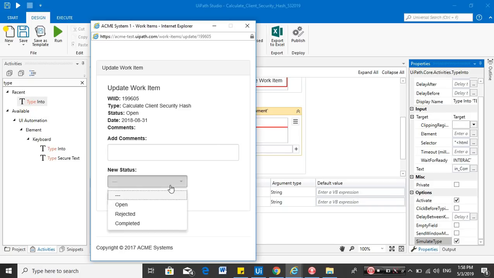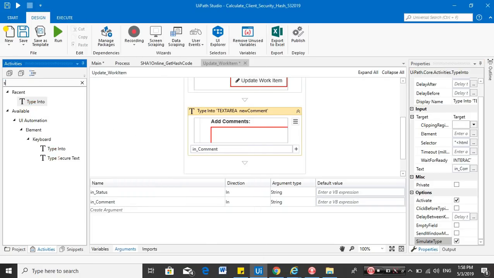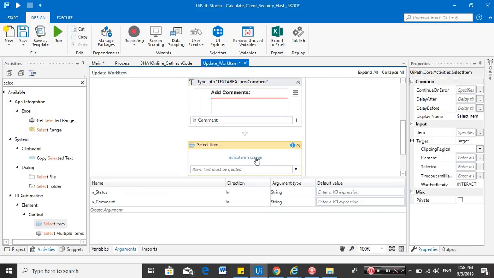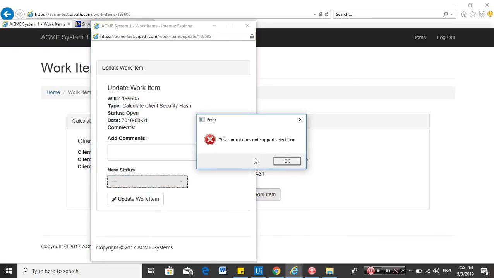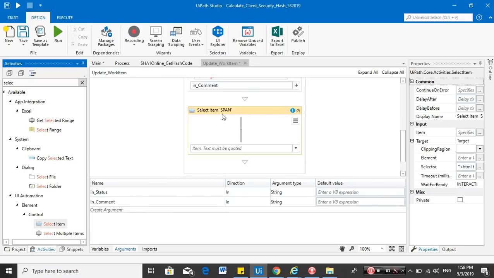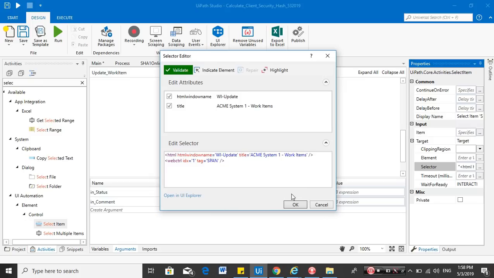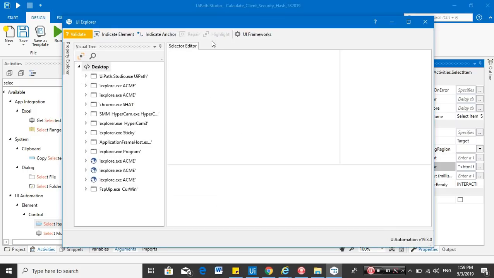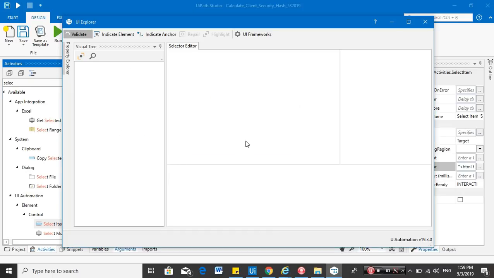And we also need to update the status, so we need to use select item, indicate that. So this error is expected, so just capture any screenshot, and then we'll need to modify the selector into a correct one. So to do that, you need to use the UI Explorer. And let's indicate that element again,